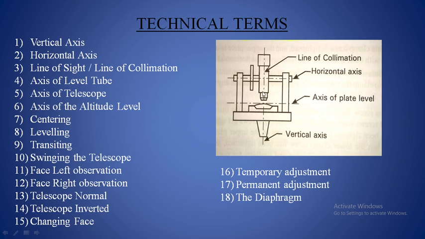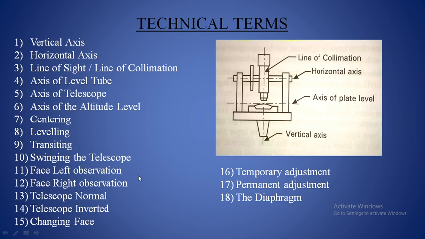If we are the viewers, then the eyepiece is towards us and the vertical circle is to the left of the telescope and to the left of us viewers. If we take the measurements in this position, those readings are called face left observation